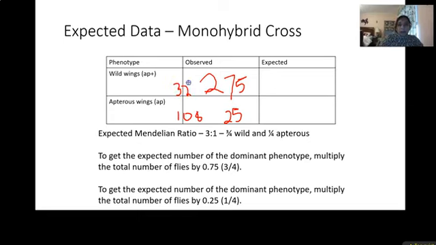So you can get your total expected based off the Mendelian ratio, 3/4 wild type and 1/4 apterous. You can get those by simply taking your full number and multiplying by 0.75 or 0.25 to get those actual numbers. And what we had found was